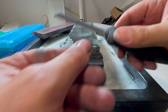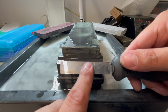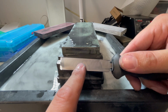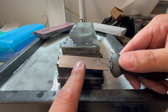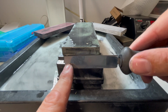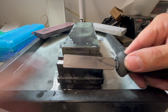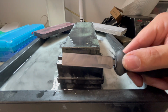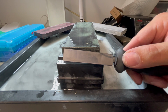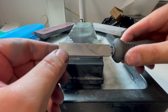knife to do. Most importantly, as we set out, the goal was to take that little blemish and make it go away. And in just a few short 40 minutes of knife sharpening, I think we got it to go away. Though there is a slight, well, you can barely see it. There's a slight blemish. Oh, there's me. Now you can see me really well. Hi. How many fingers am I holding up? 1, 2, 3,